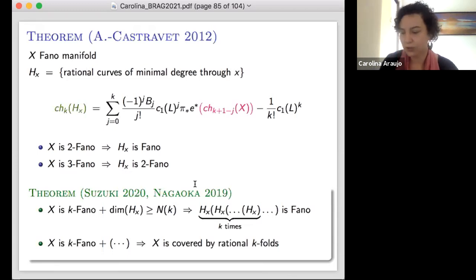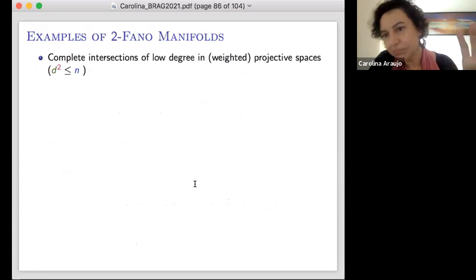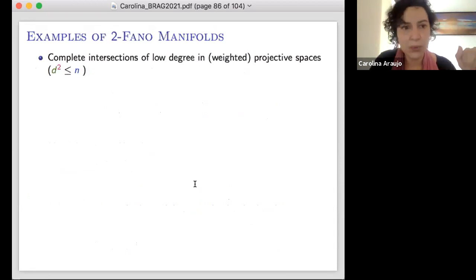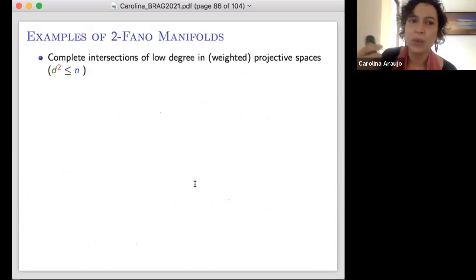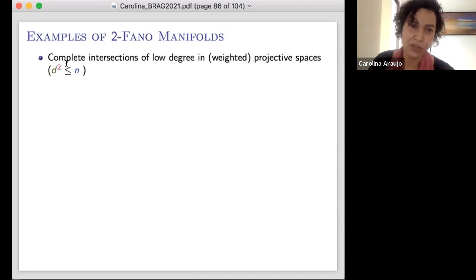So let's look at some examples to try to see what the special features of these higher Fano manifolds are. For instance, let's look at examples of 2-Fano manifolds. For 2-Fanos, by now there are quite a few examples. For instance, we have already seen smooth hypersurfaces of low degree. And even more generally, one can easily classify the complete intersections in weighted projective spaces that are 2-Fano. So here this is the condition for a hypersurface of degree d,